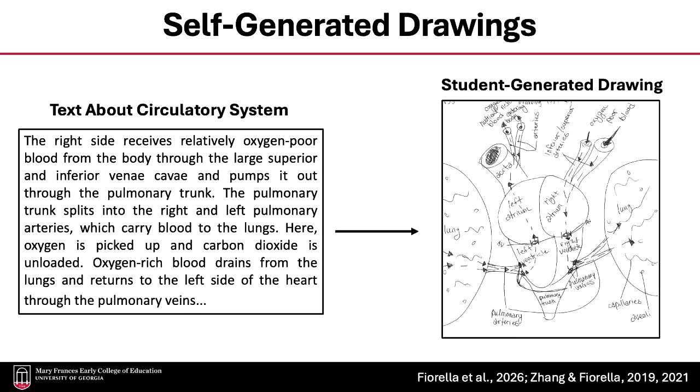And what happens during this kind of translation process is that students have really no choice but to engage in those kinds of key cognitive processes. They have to use the text, pick out what is the most important information, and figure out how they can organize this into some sort of coherent visual model. And by definition, the fact that they're having to translate into a new, qualitatively different representation, from a verbal representation to a visual representation, it has to be integrated with their existing knowledge